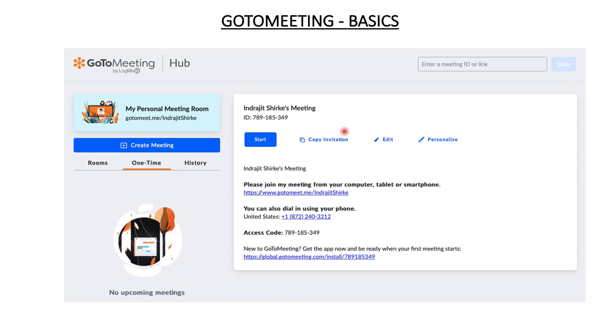So I'm going back to the previous page. Here you can see that you can also dial in using your phone. Normally, if an organizer knows that there are people who would be joining and would not be having good internet connectivity, he can give them an option of dialing in or attending the session via their phone.